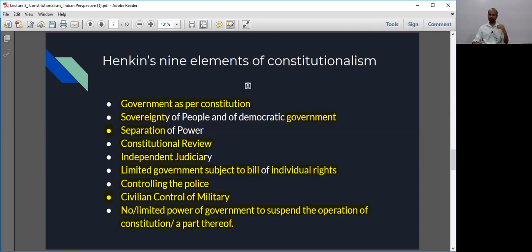Similarly, you can question the independence of judiciary. Now, this is something which I don't feel is under threat right now. Constitutional review is of course possible. Next is separation of powers. In most cases in our country, the setup is that there is overlapping between legislative and executive authorities, and it is allowed unless the judiciary gets overlapped with any other functions of the government. An independent judiciary is still there, and at the same time there is separation of powers, and all three function in harmony, and therefore it's okay.